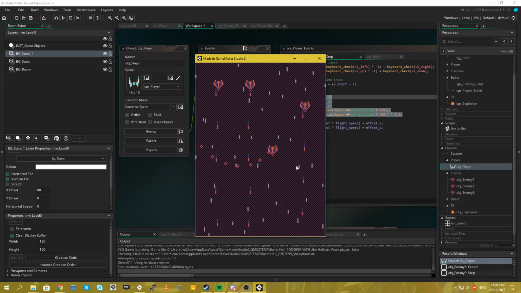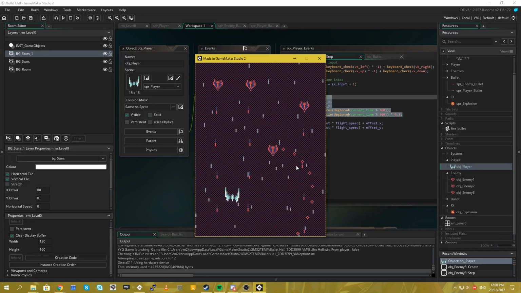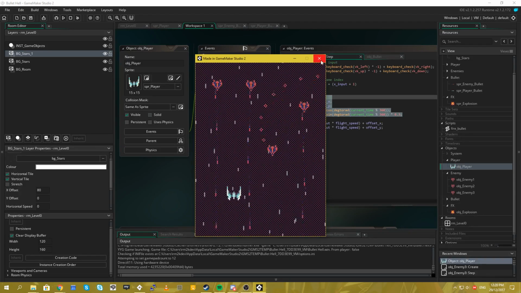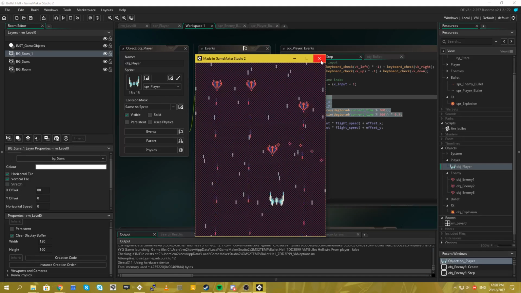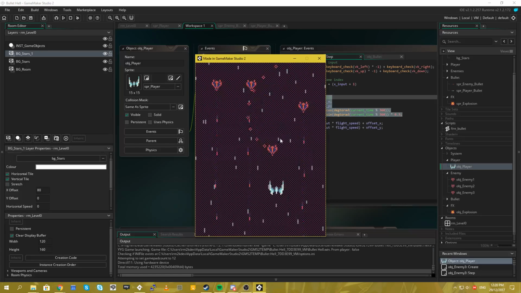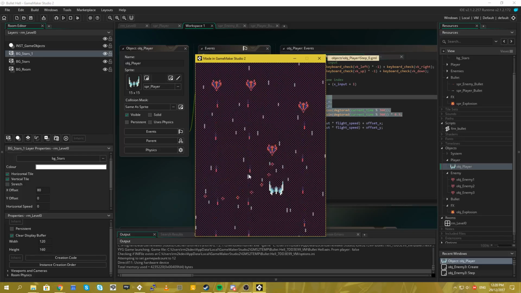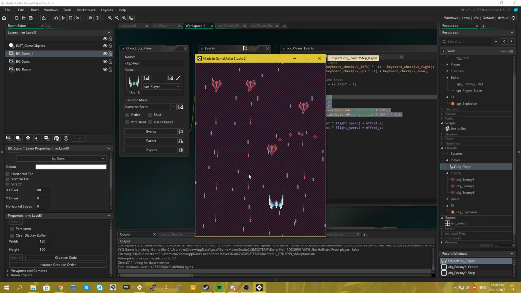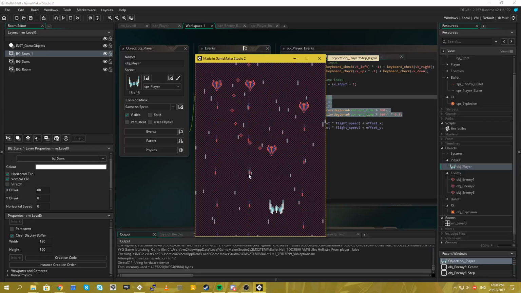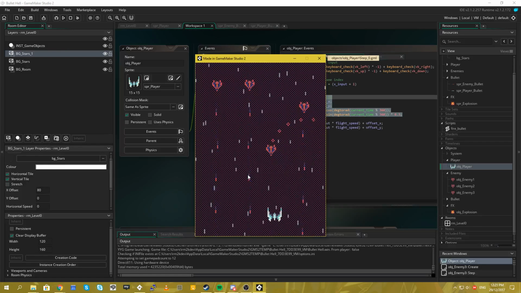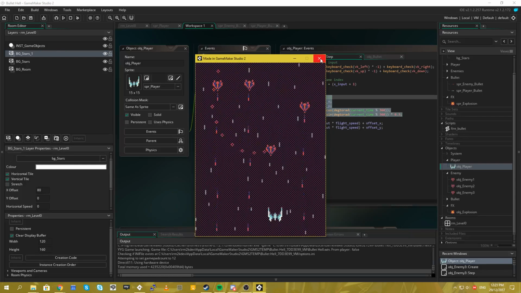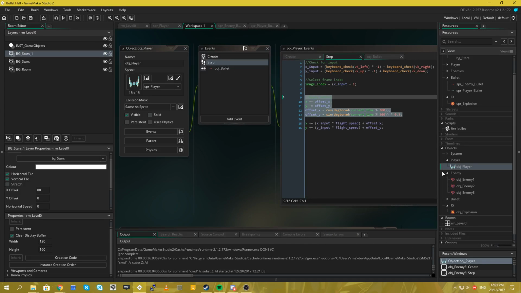And these offsets are just way too close. The timings are all wrong. Timing and balancing is going to be a big issue in this type of game because, as you can see, the guy creating the wave of bullets here, the gaps between his bullets are not large enough for the ship to pass through, so there's no way that you can get through without being hit. But that's fine. Anyway, that'll do for now.